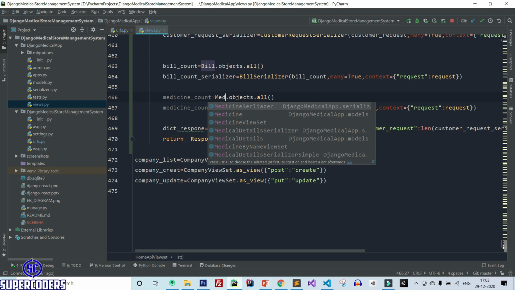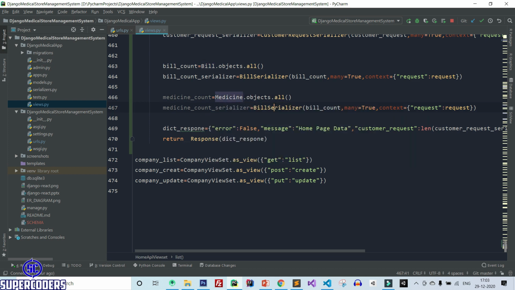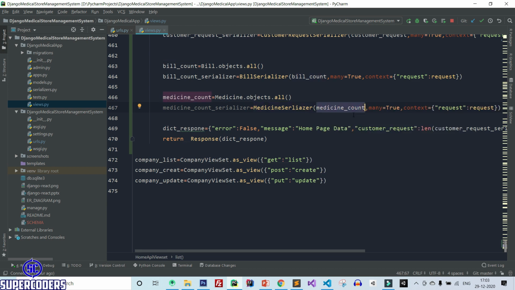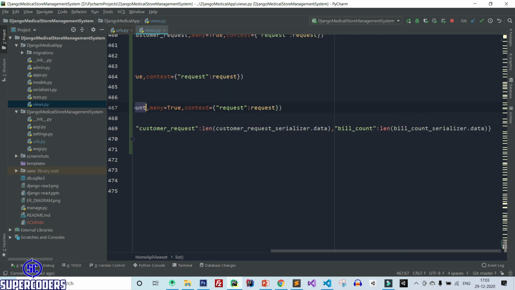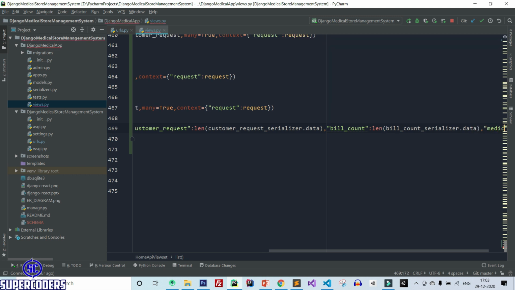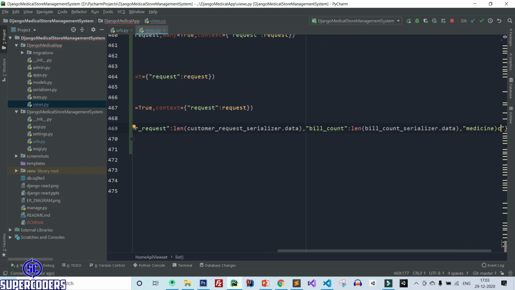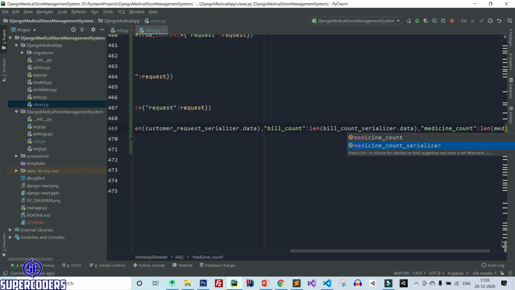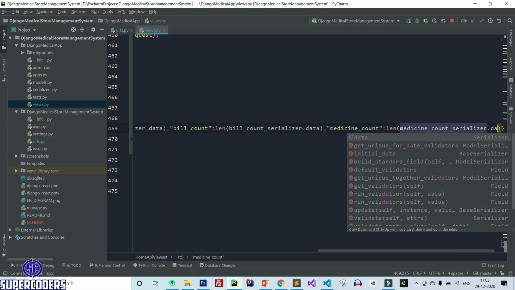Change this to medicine, change it to medicine serializer, change this to medicine count. After that set it: medicine count, length, medicine count serializer dot data.